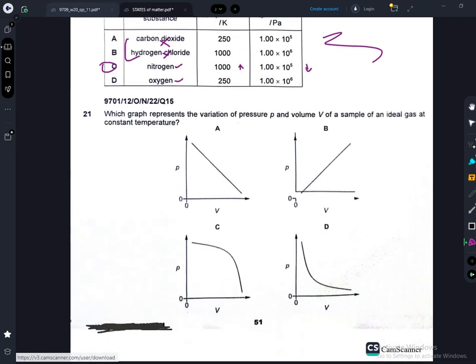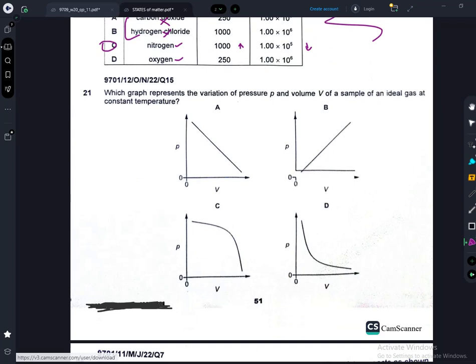Question number 20. If you are a math student, then you will solve this in seconds. If you are not, be careful a bit. Do study graphs in physics, especially for kinematics. The graphs are very important, and you should remember some rules of graphs. The same are applied to chemistry here. For an inverse variation, even if there is not a square, the curve is in this way. D is your right answer.